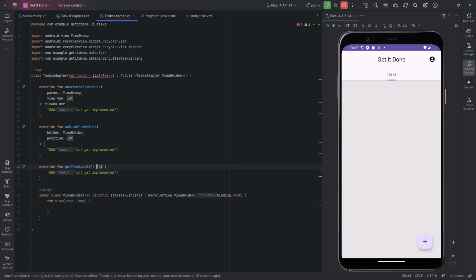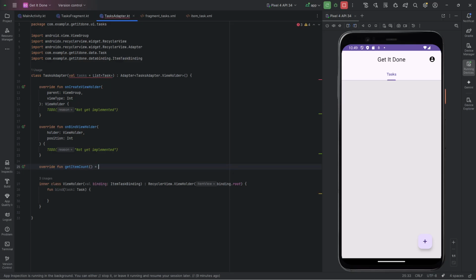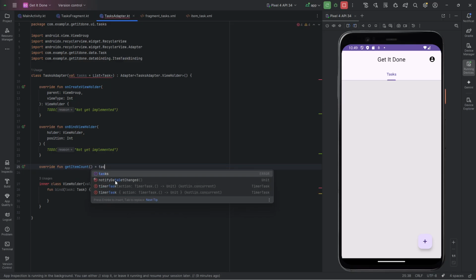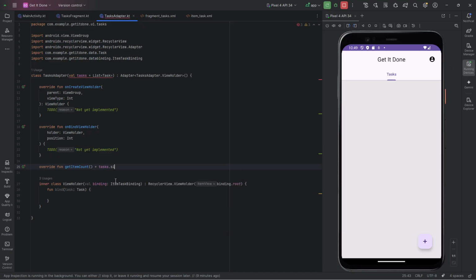And then we need to do a bit of work in the createViewHolder and the bindViewHolder functions. So for onCreateViewHolder, we're going to be returning our viewholder class below. And then inside the constructor, we need to pass the item task binding. And to do that, we can do item task binding.inflate. And we want to be using the 3 parameter version, the one with the inflator, the parent, and the attached parent. So the inflator first. The way you can get an inflator is